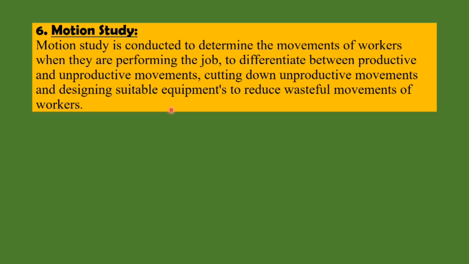For example, while observing an average worker, if it is observed that the worker has to bend frequently to pick up the tools from the toolbox placed under his table, then a stool can be placed near his seat to keep the toolbox so that the worker does not waste his energy in bending again and again. The same energy can be used for improving the production capacity or efficiency level. So this is what can be done by using the motion study.